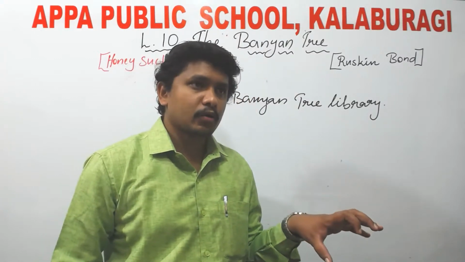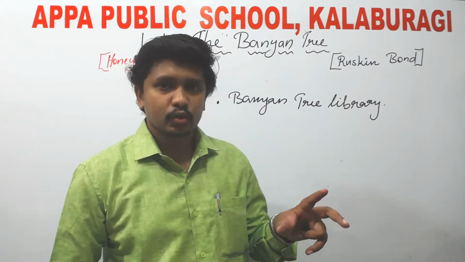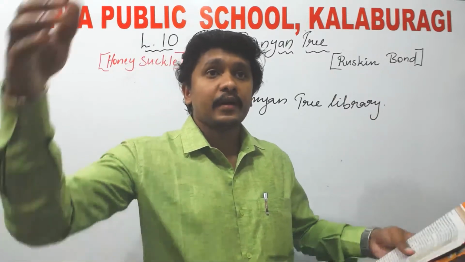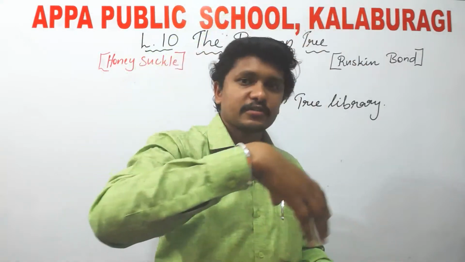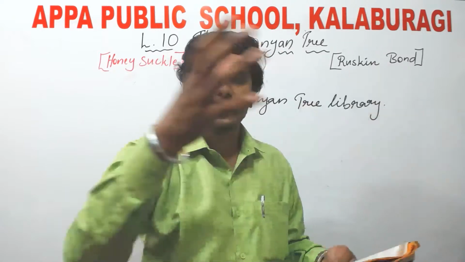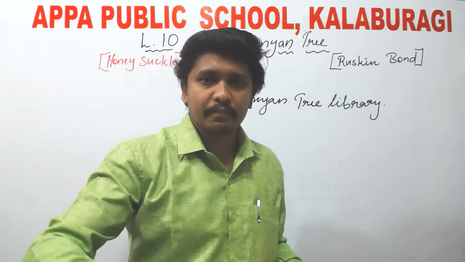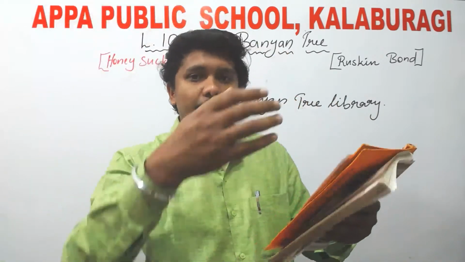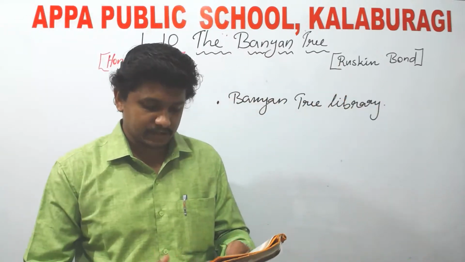So when the mongoose and cobra fight each other, the two spectators, the myna and the jungle crow, come in the mid-air. They will be colliding in the mid-air and they will be giving disturbance to these two fighters and will be going back to their real place. So whenever the mongoose gives a bite to the cobra, these two birds will be coming in the mid-air and making some drama there and going back to the place.